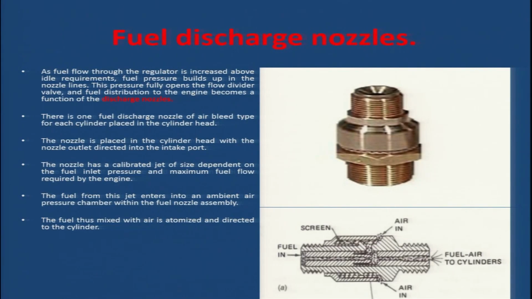So now let us see what is a fuel discharge nozzle. We have seen the fuel is coming from the flow divider to the discharge nozzle. As fuel flow through the regulator is increased above the idle requirements, fuel pressure builds up in the nozzle lines. This pressure fully opens the flow divider valve and fuel distribution to the engine becomes a function of the discharge